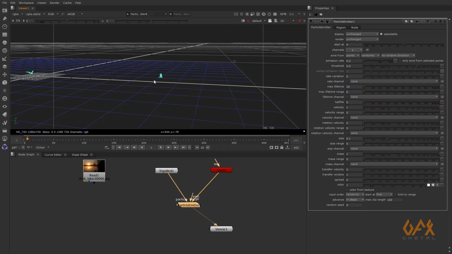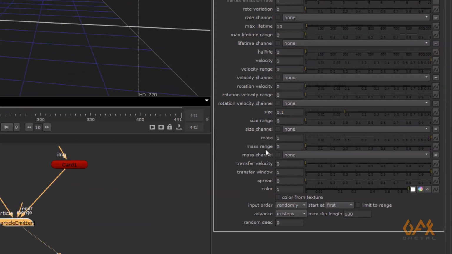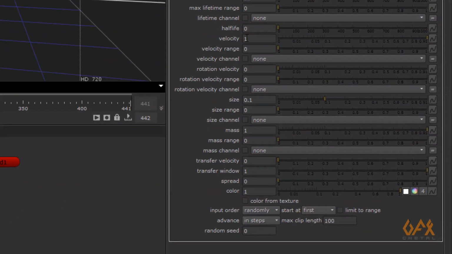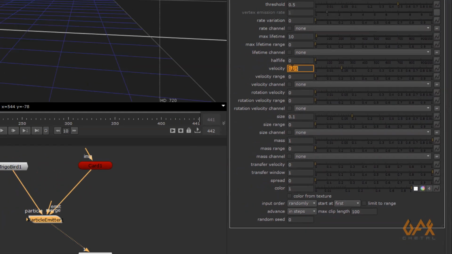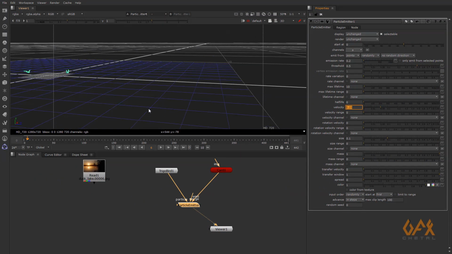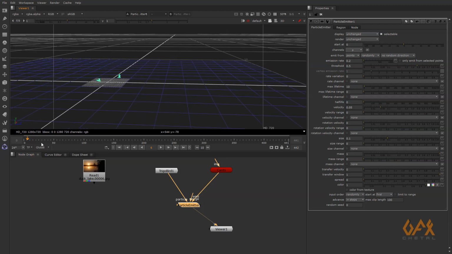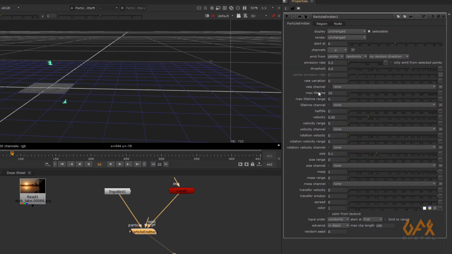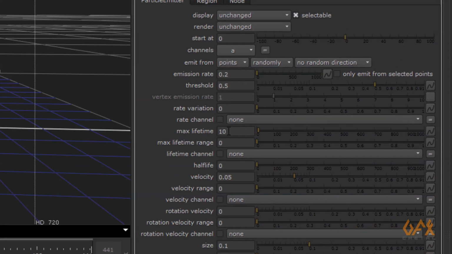Now the speed is too high, so for that you come over here to velocity and I set it to 0.05 for our example. You can definitely control those things. Now I play this, okay, but it disappears because the maximum lifespan is only 10 frames. So we need to increase it. Likewise, we have a composition of more than 450 frames, so maybe you just set it to 600.